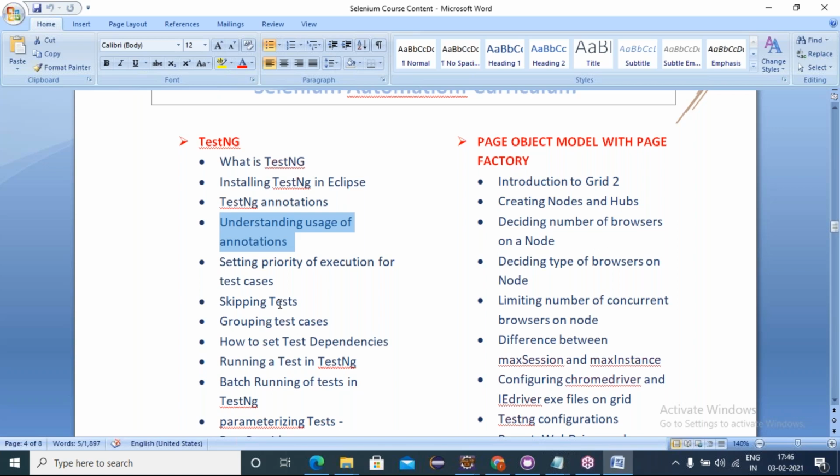Like this, we can group the test cases, set the dependencies, and run the execution in parallel. Friends, parallel execution is allowed in the TestNG framework, and it saves execution time. Once you develop your WebDriver scripts, that same script has to run in many browsers and many operating systems. If we execute one after the other, it takes more time to complete.